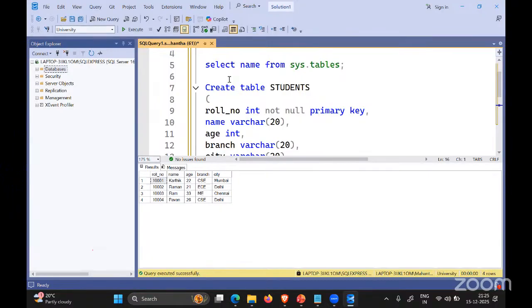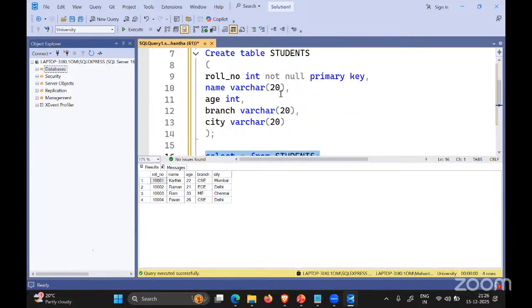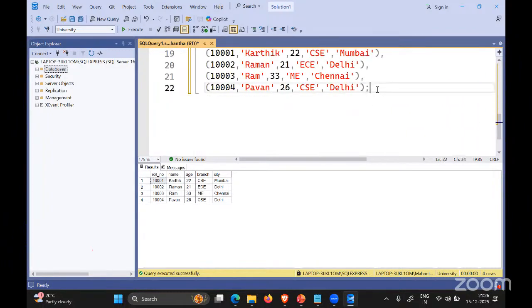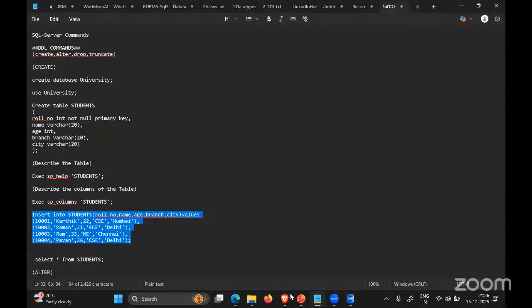Now, as we already understood, whenever we create a table, there is a possibility that we may have to make changes to the table, like adding a column, deleting a column, all those things, right? So in order to do that, we use an alter command, okay? The way we can do it is,